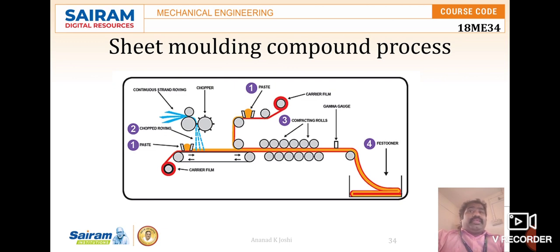Let us look at the advantages of this process: high volume production, improved surface quality, better chemistry and mixing before forming into a product, precise cross section dimensions, and the ability to mold large and intricate parts also. So those are the advantages, and now let us come to the disadvantages of this process.